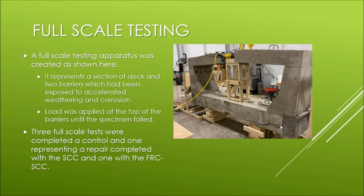And what that looked like was we came in here, and this material along the back corner of the barrier was removed to simulate a deteriorated fascia that had spalled away and left an undermined barrier. We then went in and adhesive anchored in D-bars alternating directions. So what a D-bar is, for folks not in bridge design, is a piece of reinforcement that has a hook on the end. So you would adhesive anchor it in and you'd have this nice hook like this so that we could then pour the repair concrete and restore the geometry so that it looked exactly like it would have in the initial